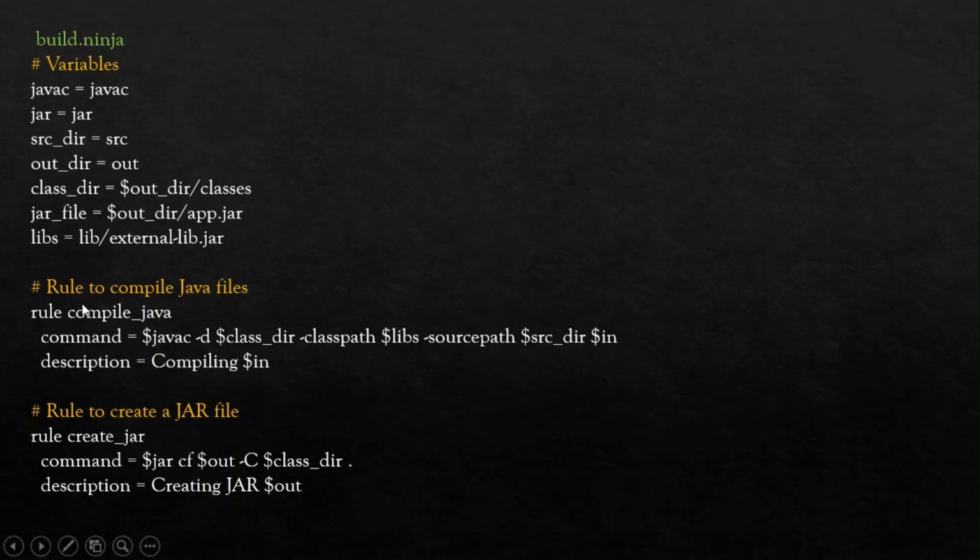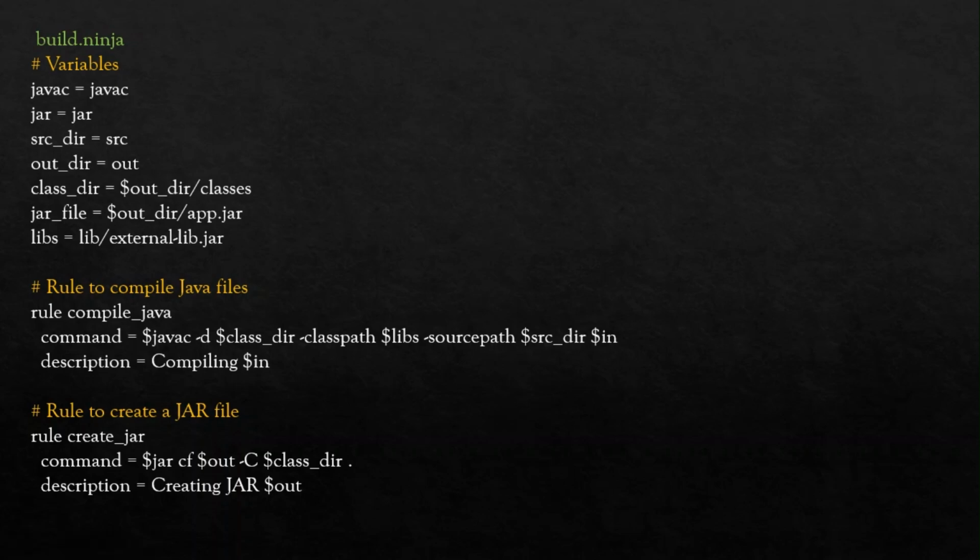Next we will write the rules. This is the important part. First we have to write the rules to compile all the java files, right? So the syntax is the rule keyword followed by compile_java, which is nothing but the rule name. So this compile_java is the rule name which I am using, and I'm having a command. So I'm telling ninja you have to do this. I'm just commanding ninja to do this, using this variable javac,